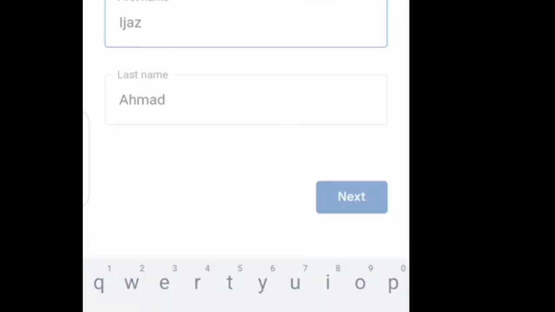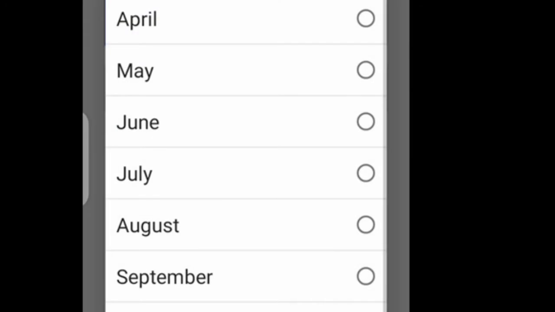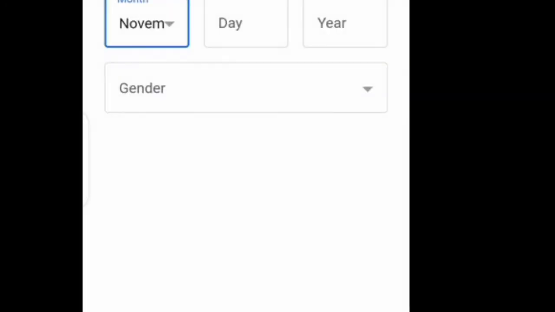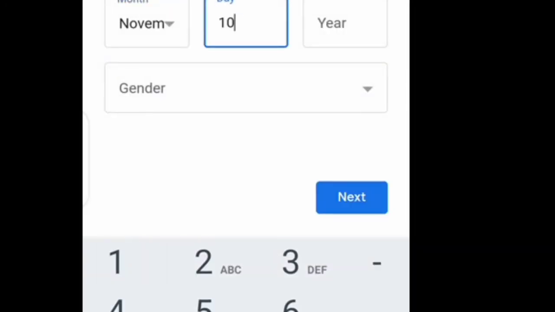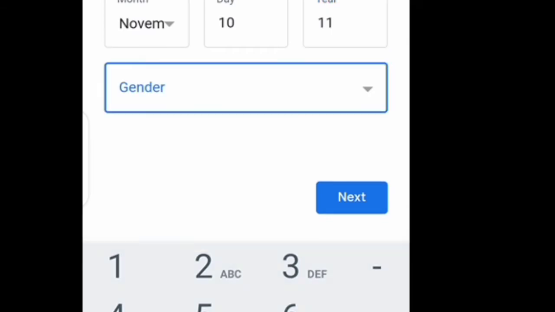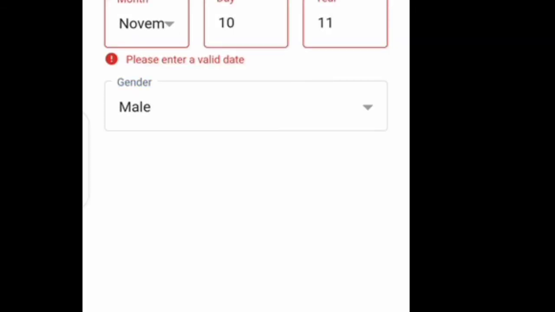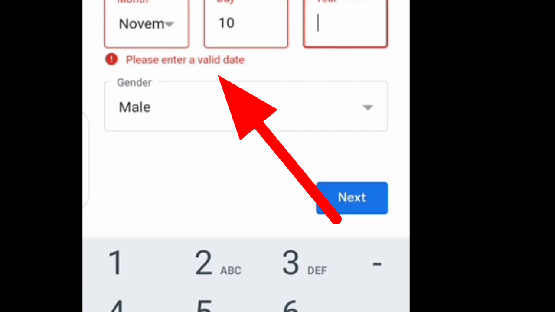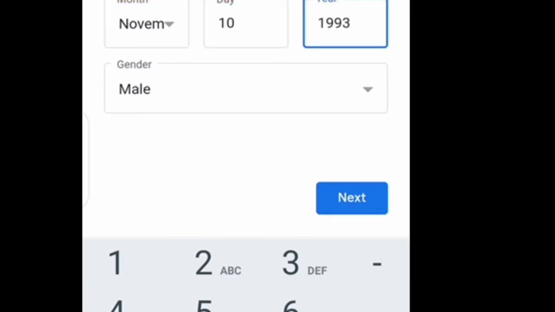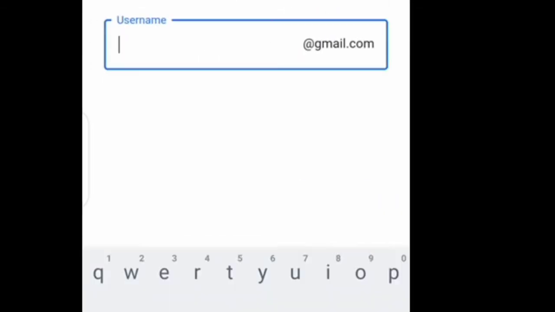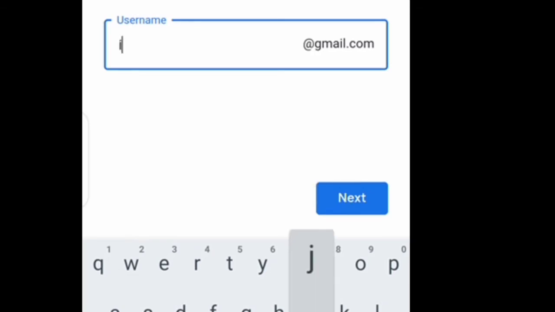So guys, first of all, you can select your date here: month, date and year. I made some mistake, and it shows please enter a valid date. Without a valid date, it won't continue to the next step. And after completing this carefully, it shows the next screen, and now it's time to choose a username for your Gmail